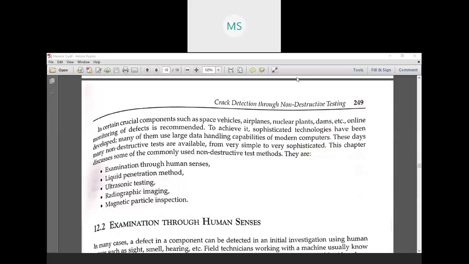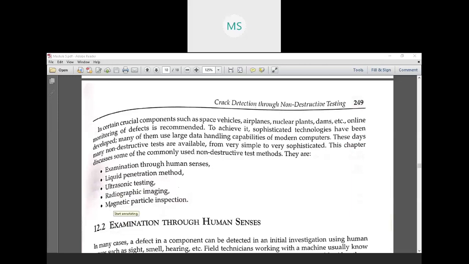Okay. Good morning, people. Today we are going to study the fifth module for fracture mechanics, and this will be the last class for this. So, in this lecture, we are going to cover the crack detection methods, how to detect the crack on the surface of any specimen or the given object. Okay, so for that, there are several processes to be gone through, in which some of these are the crucial things. So, let us start reading this.